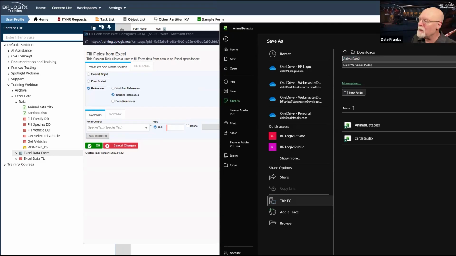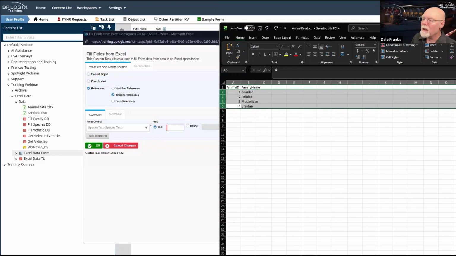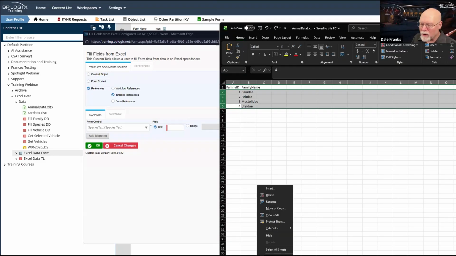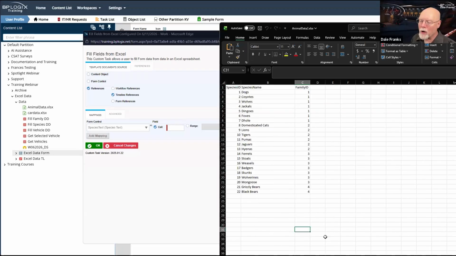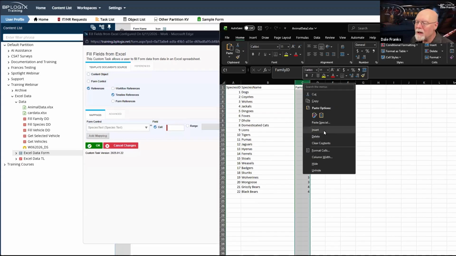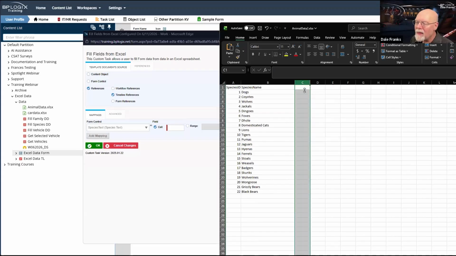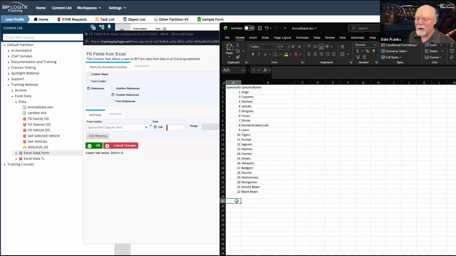So it is not going to be the same spreadsheet. And I am going to remove that worksheet. And I guess I really don't need that either. And so here is my table in animal data 2, which once again, we are going to save.